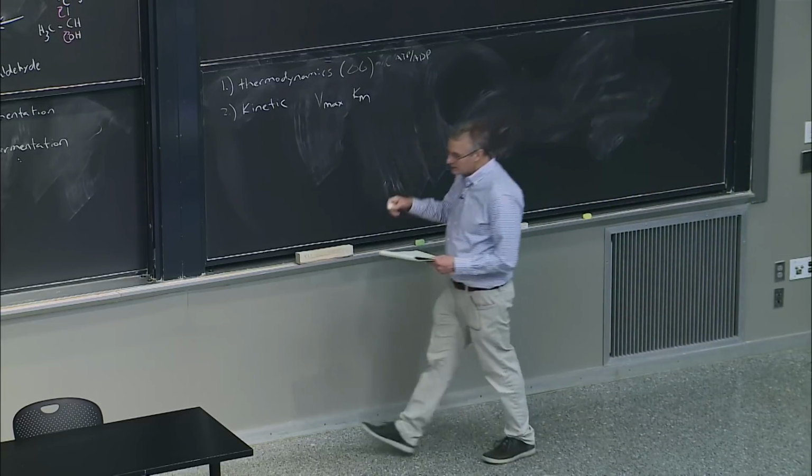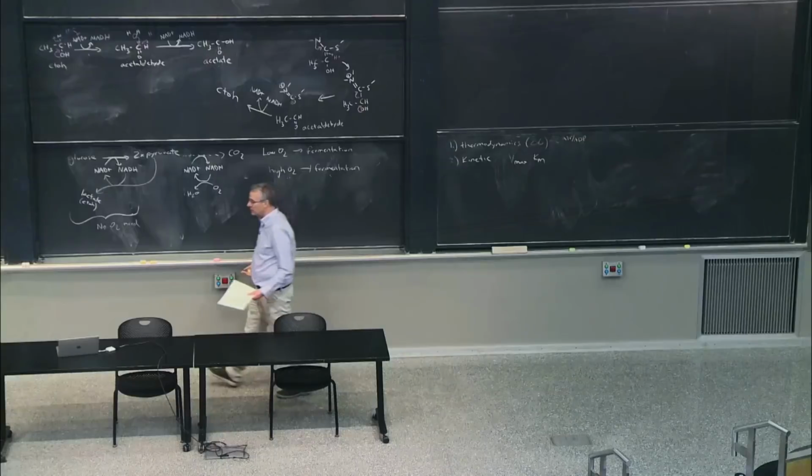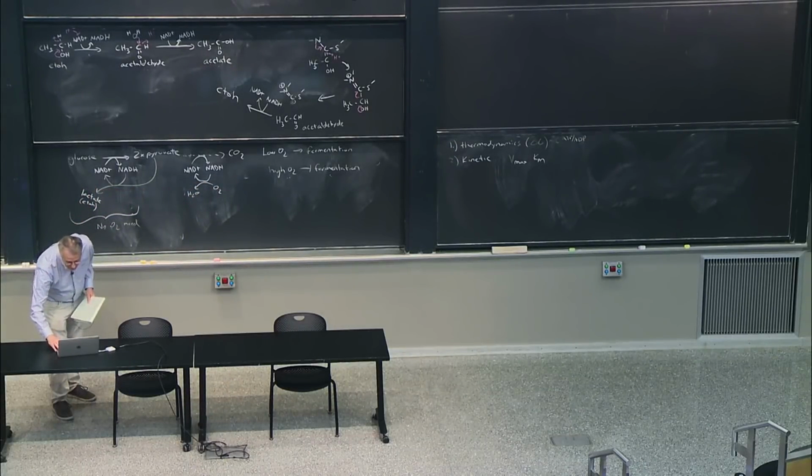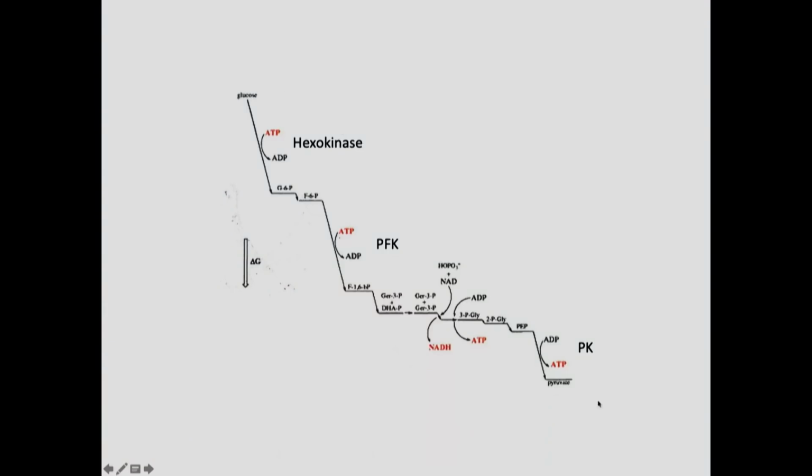And so let's now talk about, if we're going to regulate steps in a pathway, which steps should actually be regulated. And so shown here is, again, coming back to our delta G change map across glycolysis. As we alluded to earlier, the steps where it's hard to go back are this hexokinase step, this phosphofructokinase step, and this pyruvate kinase step, because these are where there's the big change in delta G that now makes it hard to reverse those steps. And it's exactly those steps that are regulated